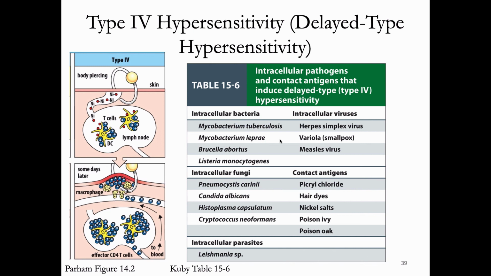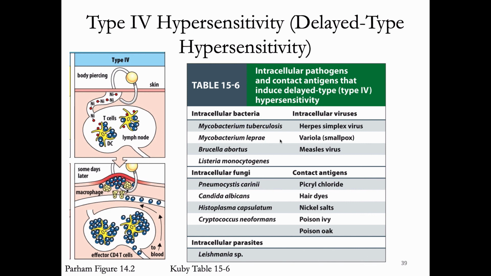And so this is that delayed type hypersensitivity response. Delayed because it's like 72 hours after exposure to the antigen. And we will start to see swelling and other types of